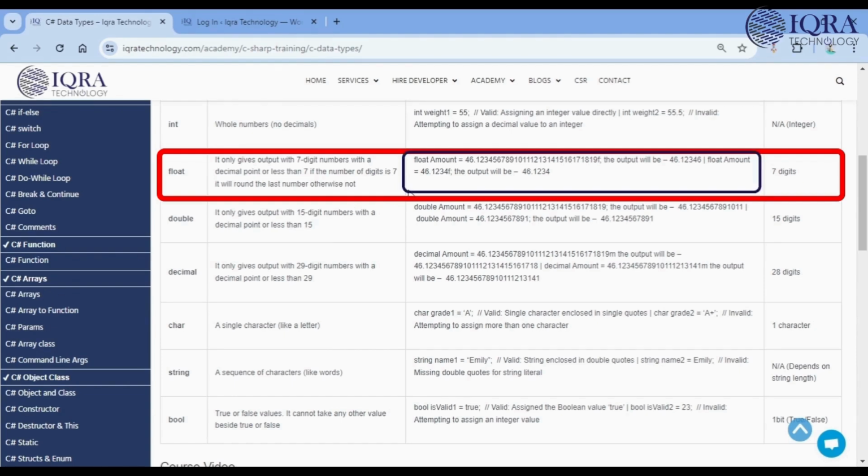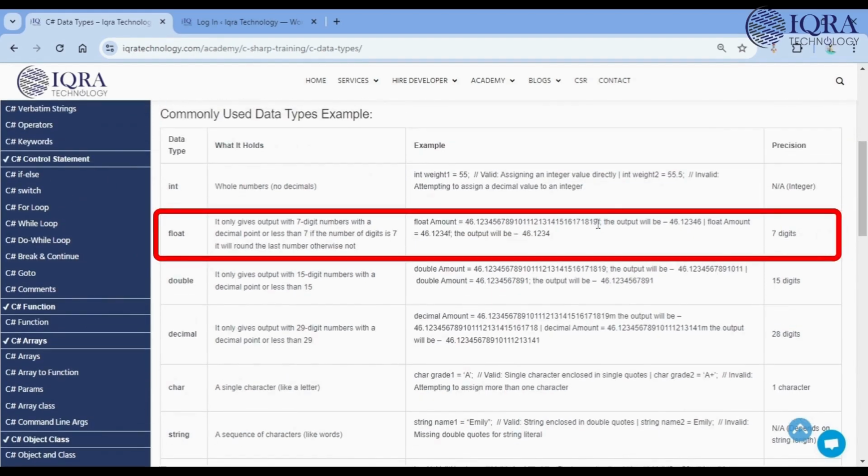On the basis of the last number, you have to define the suffix here, f. Like here in the last, we have taken f. Okay. Here also you will see we have taken f in the last as a suffix. The suffix has to be defined by f here. See that 46.1234, I gave only 6 numbers. If you take fewer numbers, then there is no such issue. But you will have to define the suffix because the suffix is important.